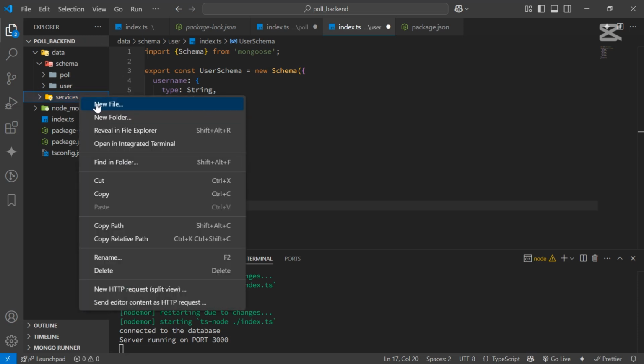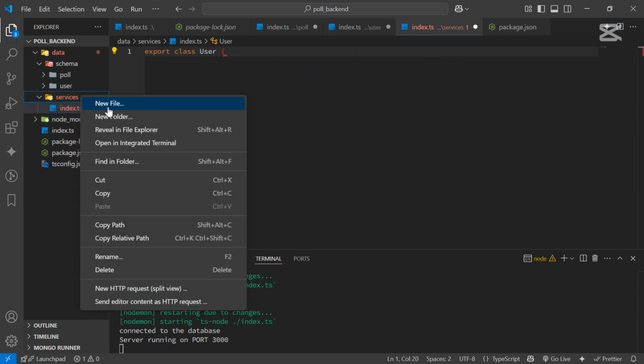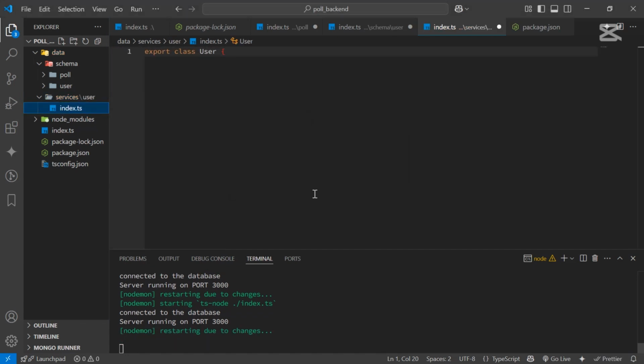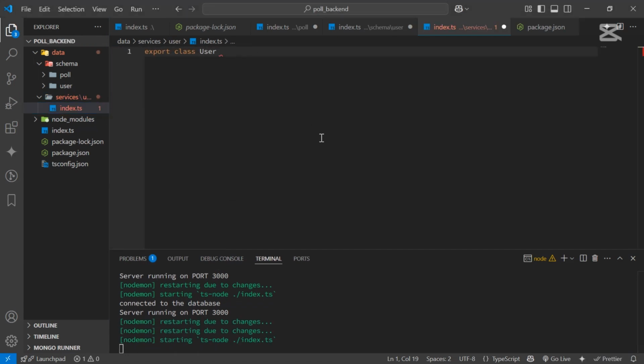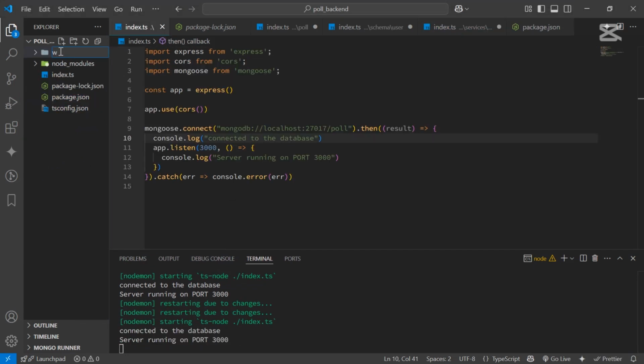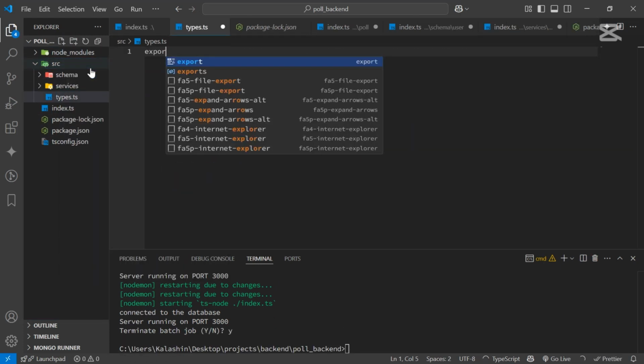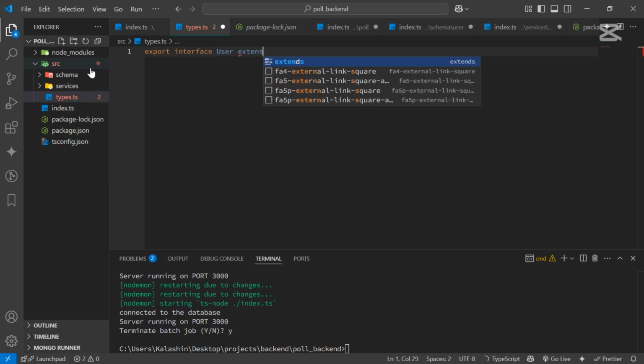Then I'll create a services/index.ts file inside the data folder. In fact, I'll create a new folder inside the services folder, and then I'll drag the index.ts file inside the user folder. And in fact, I will rename the data folder to src. I will create a new file, types.ts, inside the src folder, and inside this file I will export an interface User